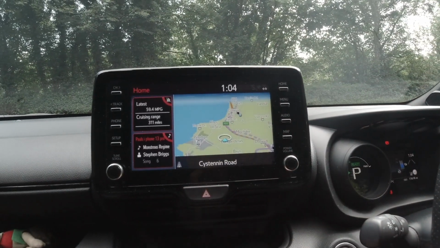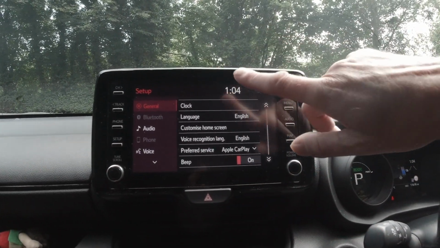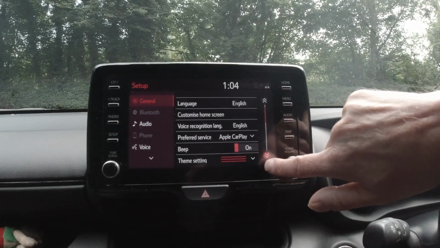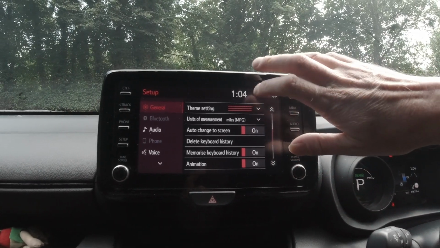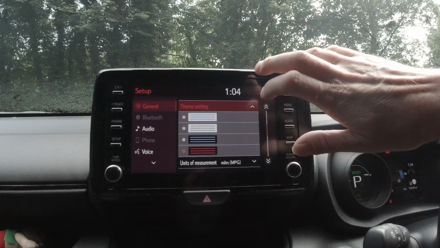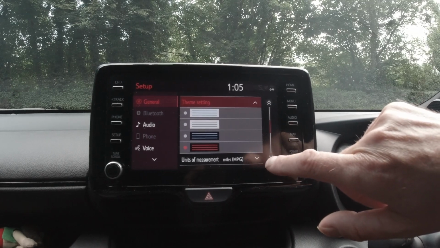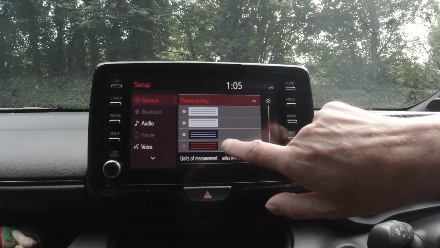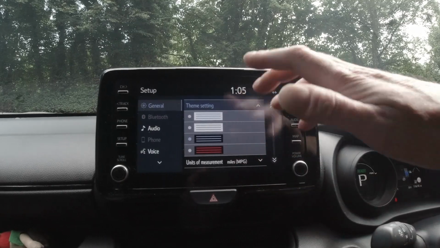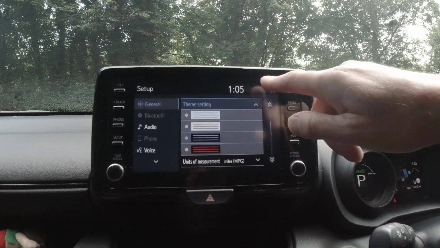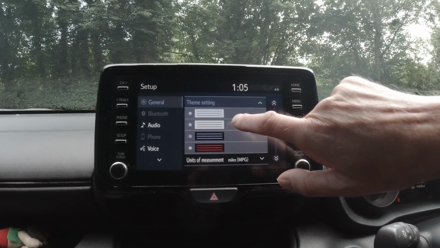Now, if you want a white background, you need to go into the setup menu and come down one on the scroll and find theme settings. In theme settings you'll find 4 different color combinations. The red and the blue are both on a black background, so you still get the black, but then all your letters are lit up in blue. You then get 2 white backgrounds,